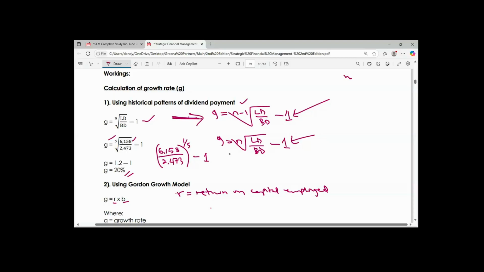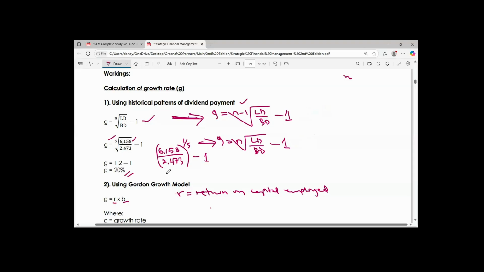But when you are given information on the amount of dividend paid in the first year and the current year, you don't use the first one; you use the second one. And that's what we use in this particular question. You're only given the amount of dividend paid 5 years ago and the current year dividend. Therefore, you are supposed to use this second formula. Is it clear now, Mike? Yes, it's clear now. All right then.